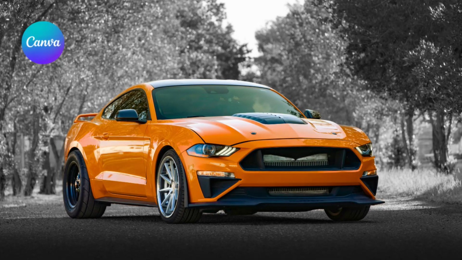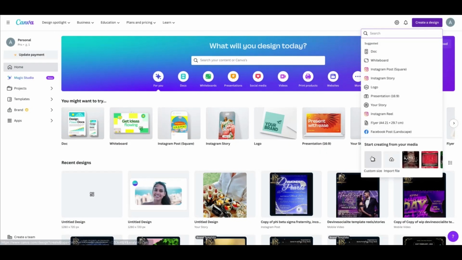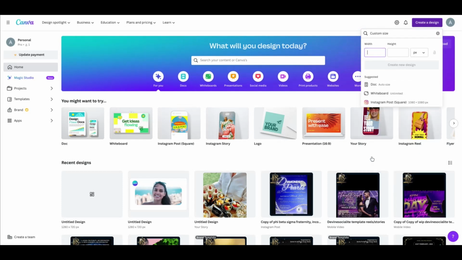Today I'm going to show you how to keep one color in a black and white image in Canva. So first head to Canva, create a design, select a custom size of your choice,